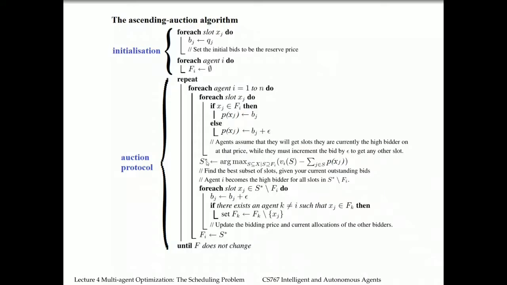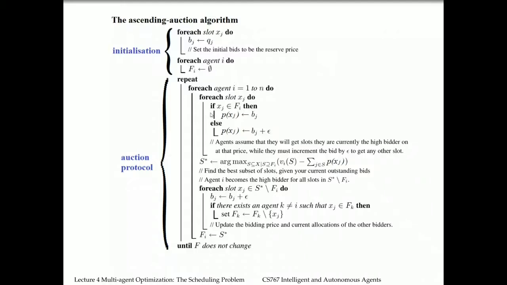So this will be looking for the bundle S star, which gives the maximum utility to agent i. And then we look at each of the time slots that's in S star, but it's not currently held by agent i. And we need to make a bid on this time slot, right? So that's the operation, and eventually this bundle will be given to the ith agent, and that finishes one iteration